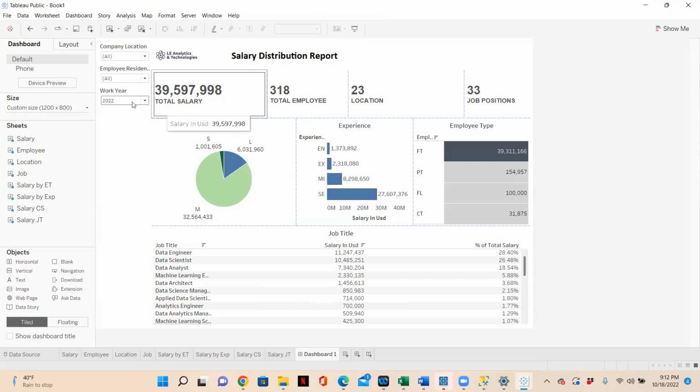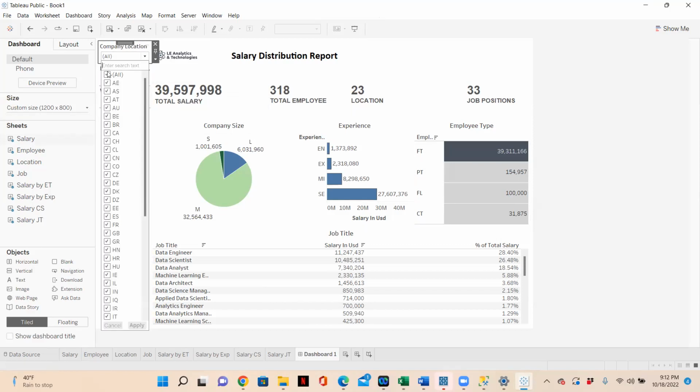We're passing a filter only for 2022. What is this saying? It's giving all of the information for 2022. So in 2022, what is the total salary paid so far? 39,537,000. Okay, how many employees? 318, 23 location, 33 job positions. Absolutely. And if they want to see for 2022, only AE